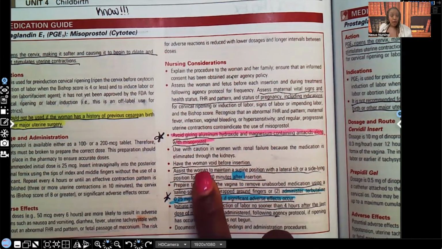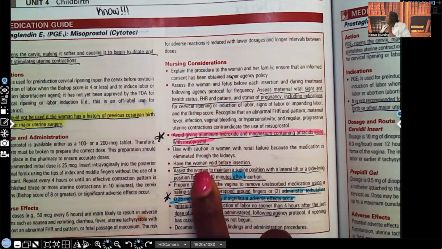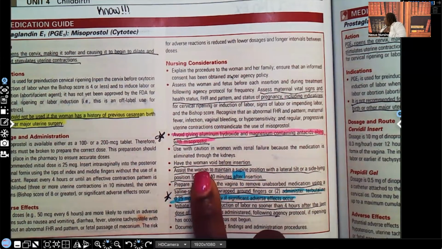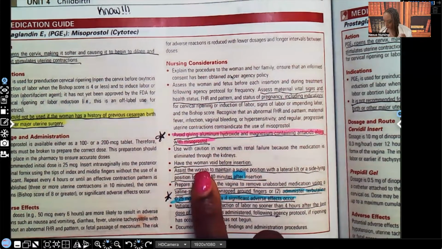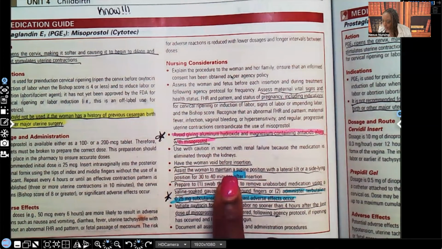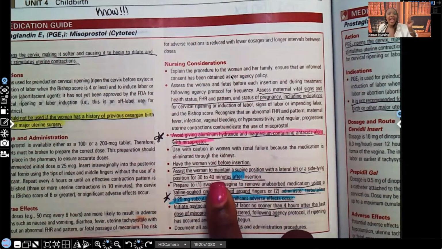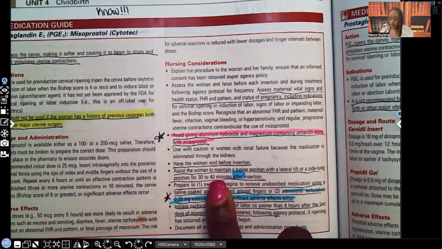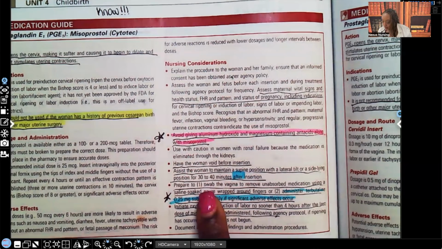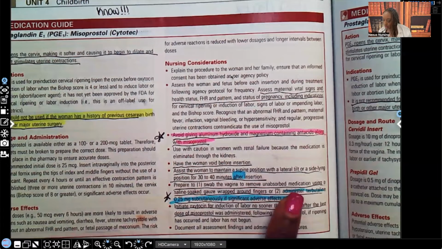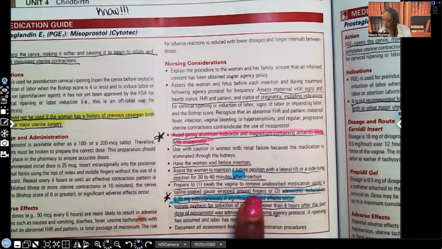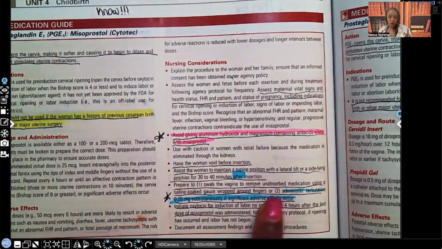Have the woman void before insertion, because remember, a full bladder may cause shifting, right? Assist the woman to maintain a supine position with a lateral tilt or side-lying position for 30 to 40 minutes after the insertion. You want to prepare to one, swab the vagina to remove unabsorbed medication using a saline soaked gauze wrapped around fingers, or two,